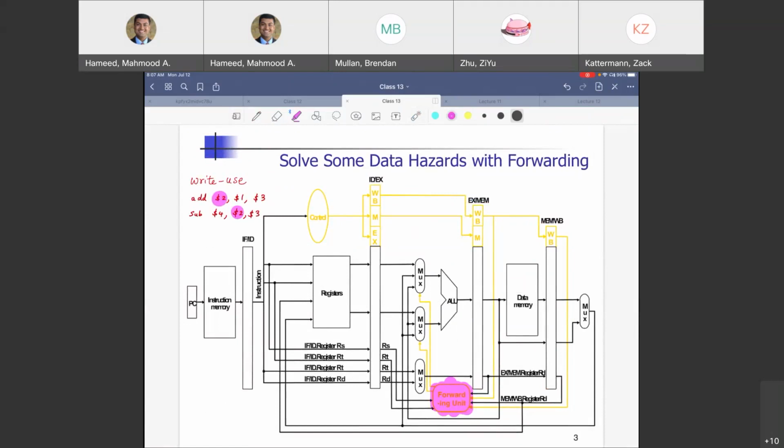This is the data path with the pipeline registers along with the forwarding unit. That's the block diagram for that. We have got your 5 stages. What were they? We had instruction fetch, instruction decode, execute, memory access, and then the write back stage. Right? Those were the 5 stages. And in the middle of those 5 stages, we had those 4 pipeline registers or pipeline buffers.